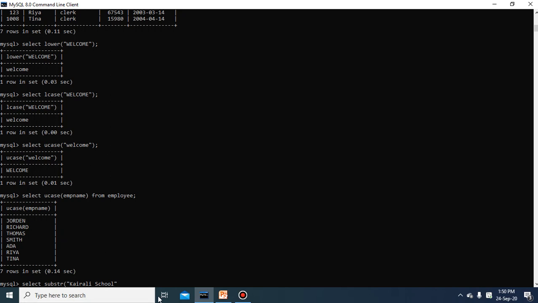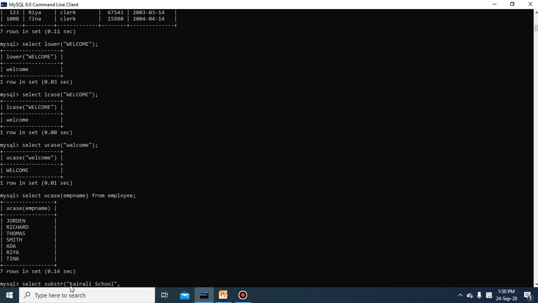From Kerala school, this is the main string, and I want to extract RALA. This is the main string, and I want to return this RALA from Kerala school. Then what do we need to do? We write from where we want to extract, from where we want to return the string. So you pass here after substr the number, meaning from which character.